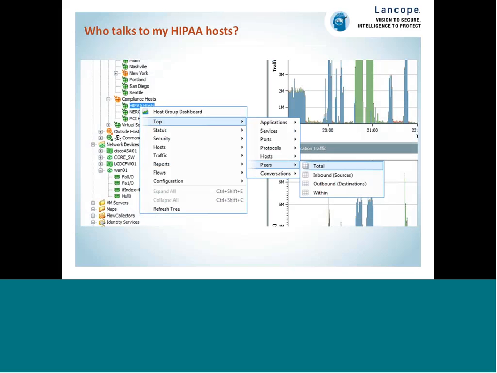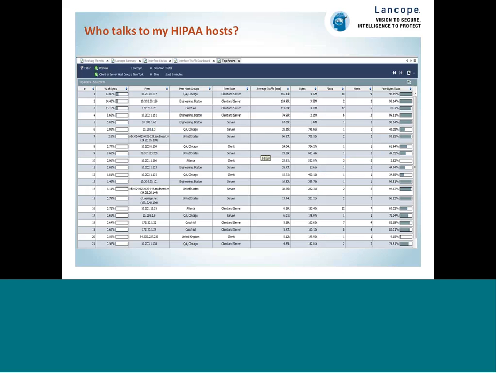And that includes, in this case, my HIPAA hosts. So if I have hosts that contain patient data, even if they're distributed throughout my environment, it's very easy for me to put them in a single object, and with flow monitoring then be able to do things like right-click on them and say, in this case, who talks to them, who are the peers that talk to those HIPAA hosts,